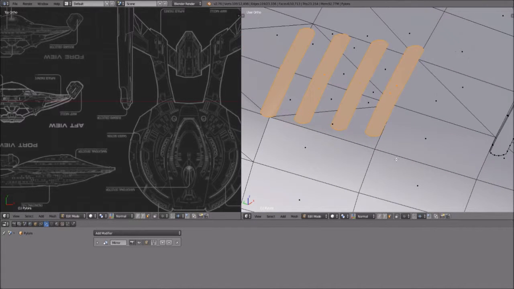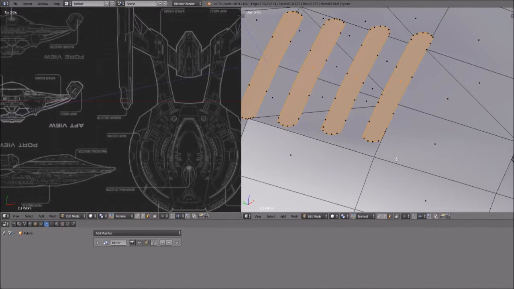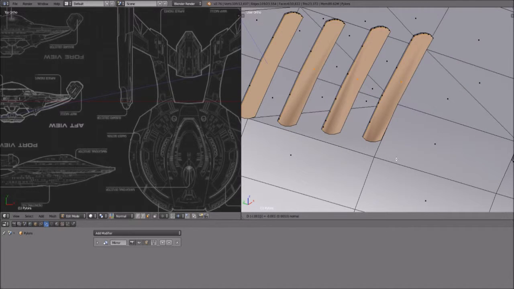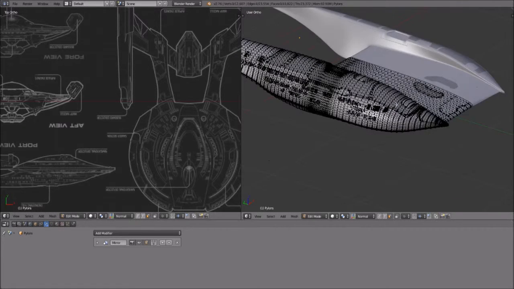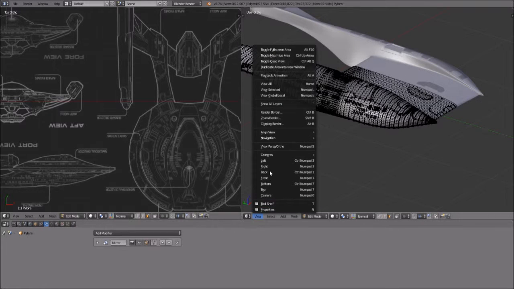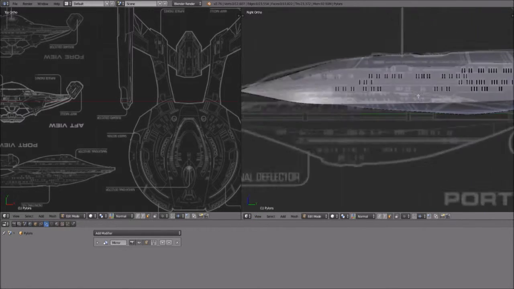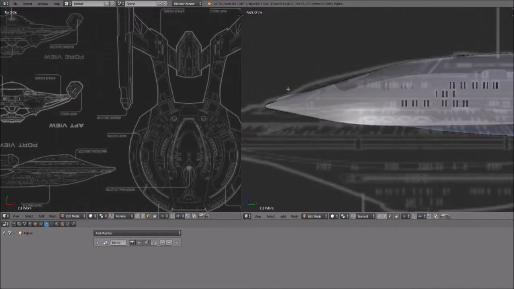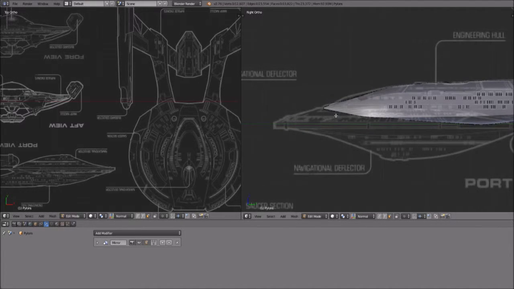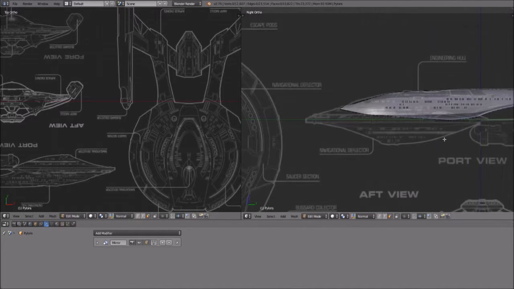Or you get into the problem like what I have, where you're trying to create it to look as close to the original as possible, but it's not going to be 100% accurate because, as I said, if we look onto the right side here, these windows aren't quite lining up to where the windows are on the ortho. The front portion here needs to bow out just a little bit more, but that's something I can fix easily. But then the saucer section isn't quite lining up in the right areas of where it's supposed to be. So, you start,